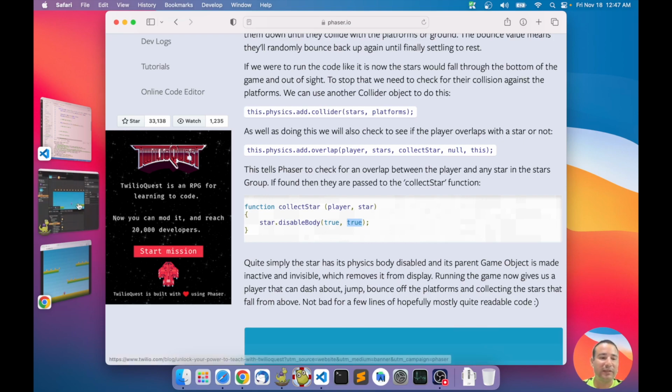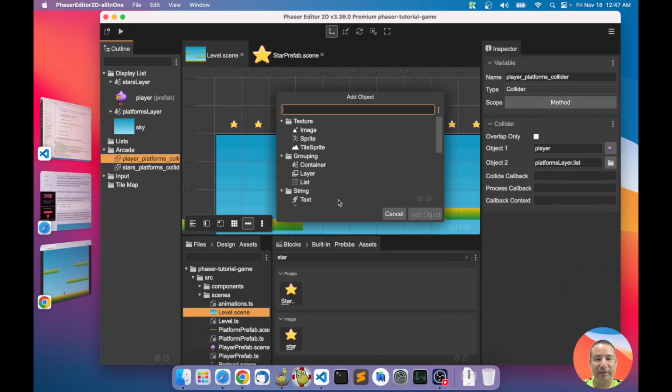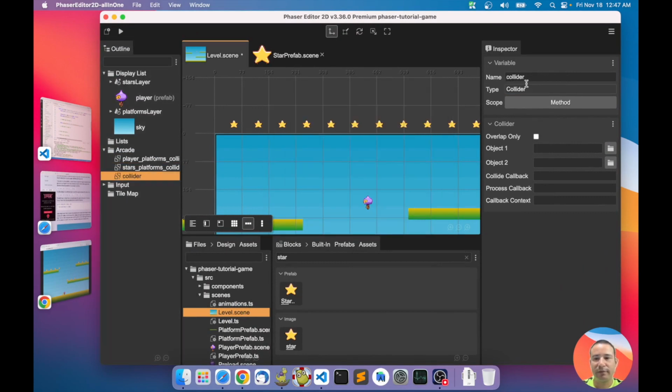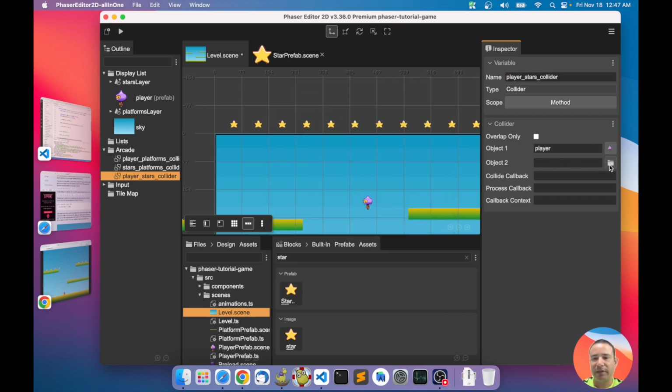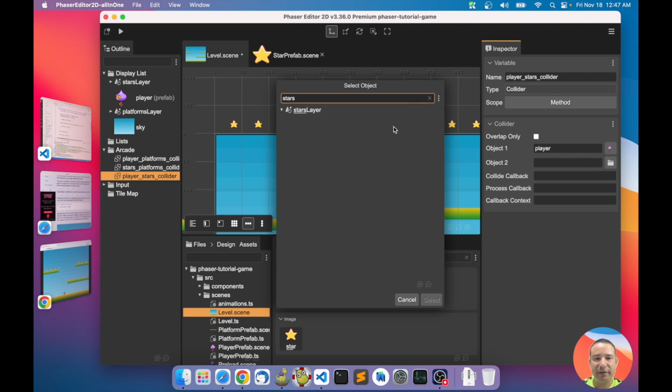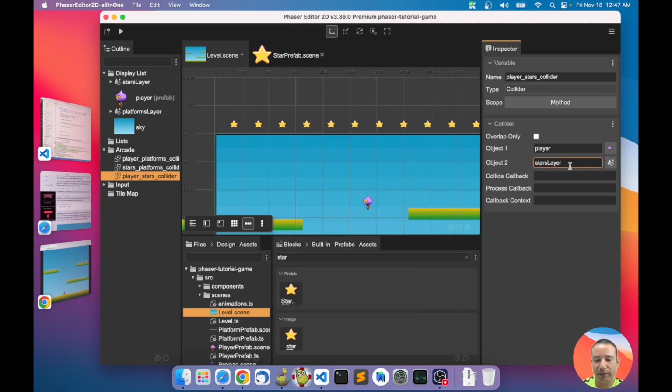It is what these two parameters here mean. So how do we do that in the editor? I add a collider. It will be the player stars collider. I select here the player as the first object and the stars layer list as the second object. Our collide callback will be